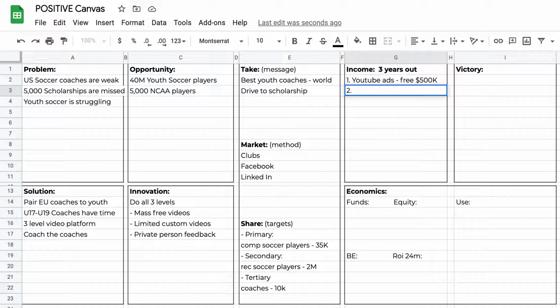The second revenue stream, that's going to be the limited custom videos. Well, we can take a lot of kids because if we're making custom videos for keepers and we only have 1,000 keepers, maybe we only need to charge those people, let's call it $100 a year. So let's say that we're going to do here group videos. That's that second level. And they're going to be $100 a year. And so we think by the third year that we're going to have 10,000 people. Okay? So that's $1 million.